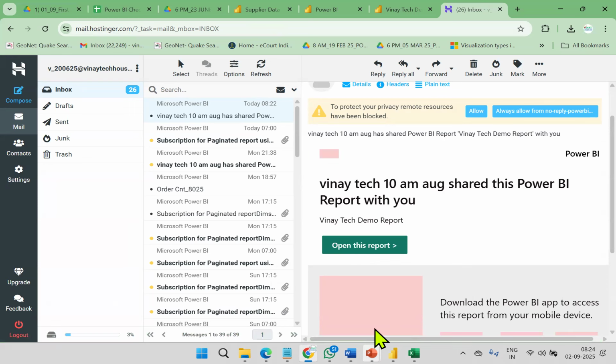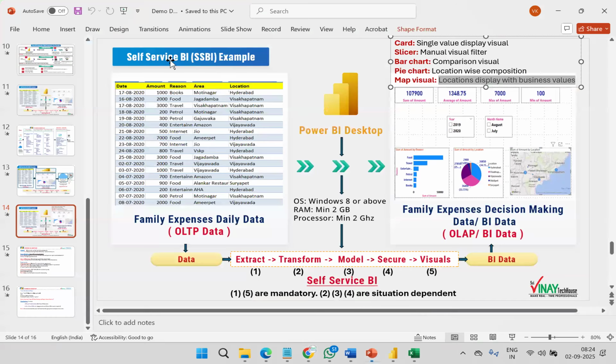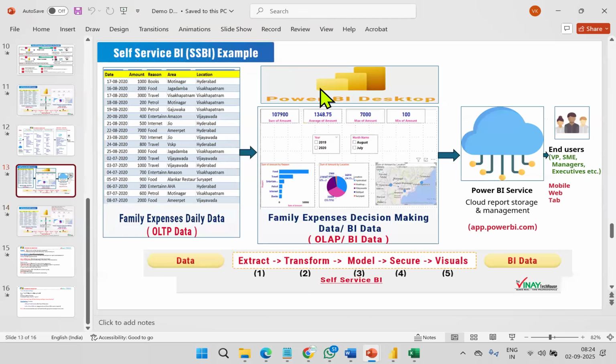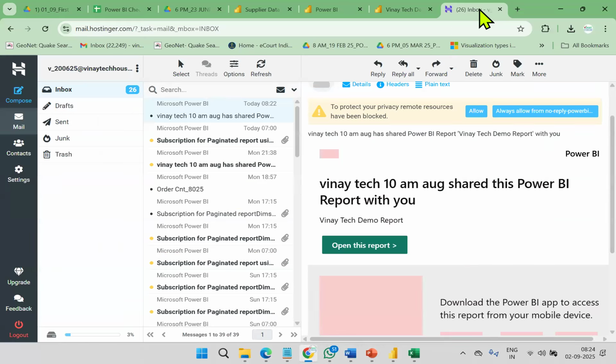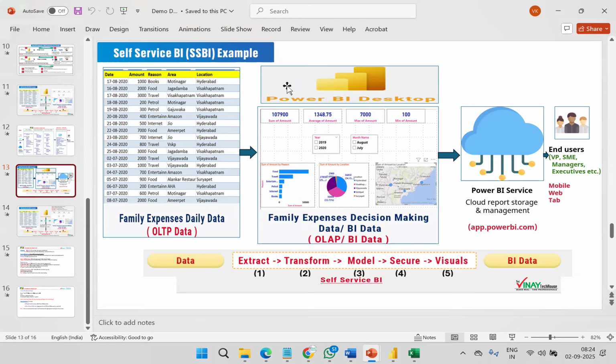So whatever I planned at the demo level, like taking the data, generating a report here, moving to cloud, and from here to customer sharing and customer accessing. Customer accessing is at this email level, or an on-demand report, or a scheduled report, and even at mobile level they can do that. We'll see it in the class. We don't have time now. So this is how the end-to-end process happens in Power BI in a simple, easy way.